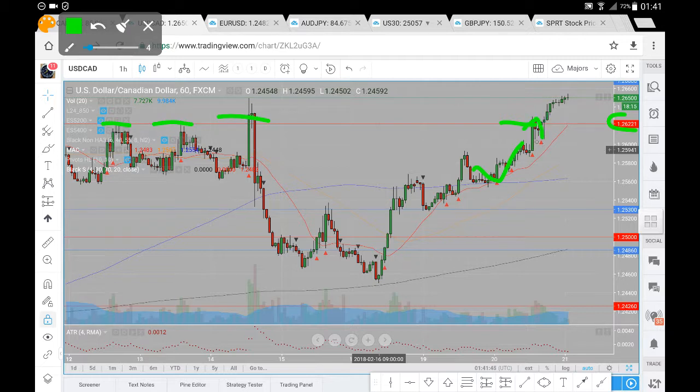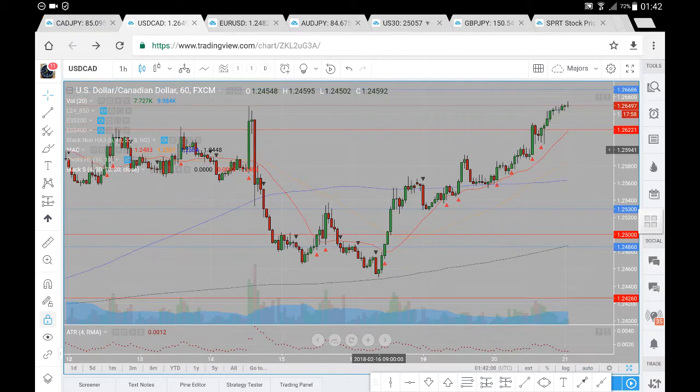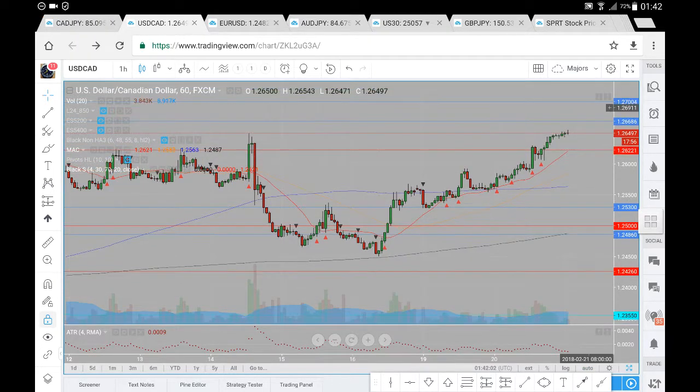We had a brief pullback at the 26.22 before seeing the upside break, and we do look poised for further upside momentum. Now these candles are getting a bit smaller here, which suggests there might be a retracement back down towards the 26.22. If we do see that retracement and we do hold that 26.22, we are looking for prices to head up towards